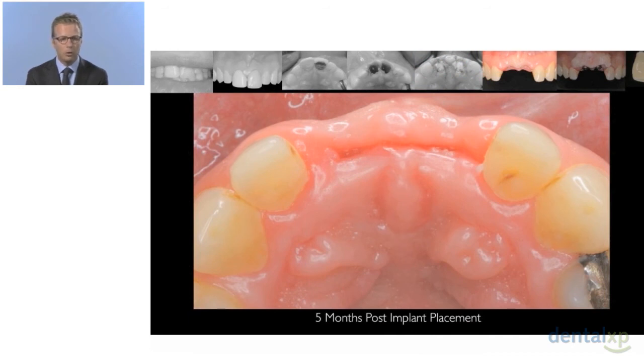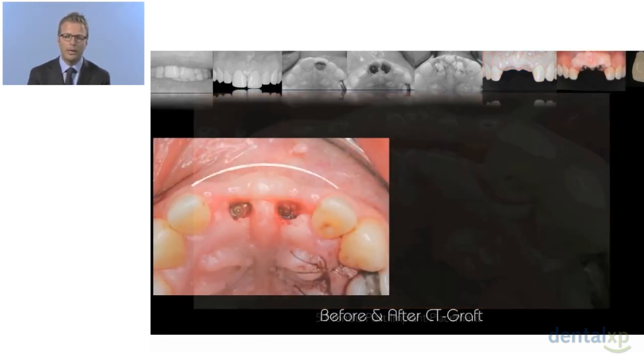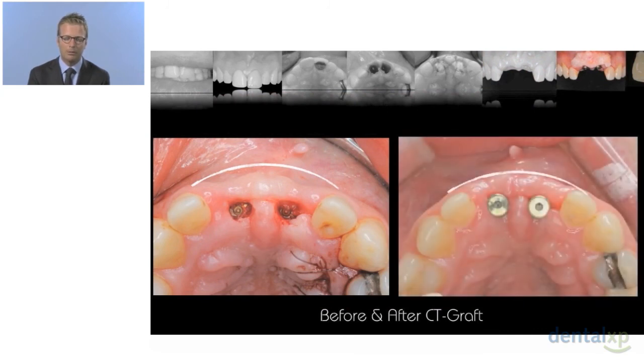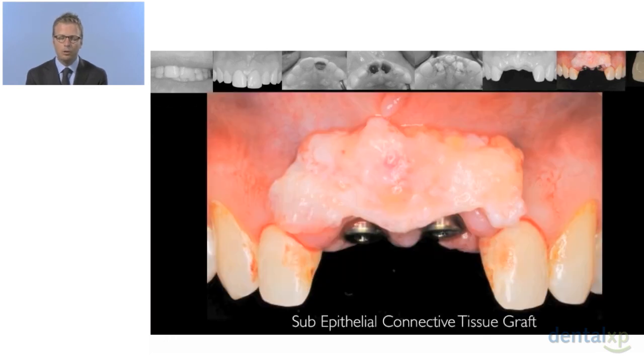So in order to go from this situation to this situation, as I was telling you before, we can change the periodontal biotype around natural dentition. We can do the same thing around dental implants. So what I'm going to do is to take a huge quantity of connective tissue from the palate this time. I'm going to tunnel the area, and I'm going to insert the connective tissue and to secure the connective tissue